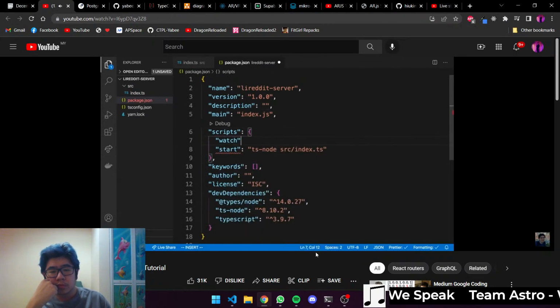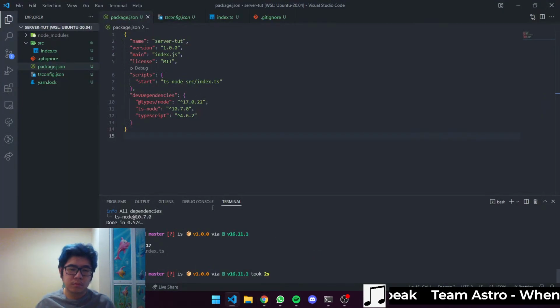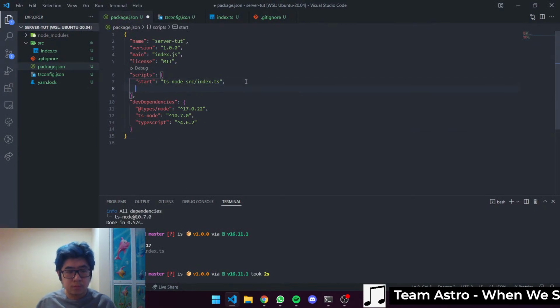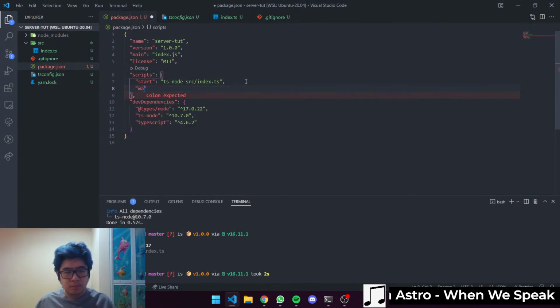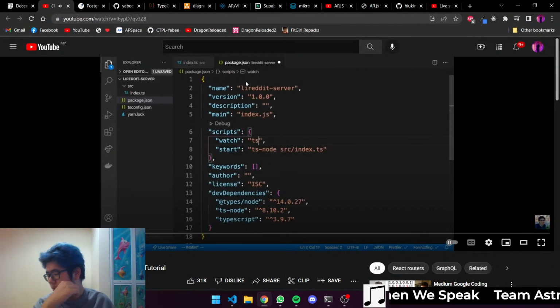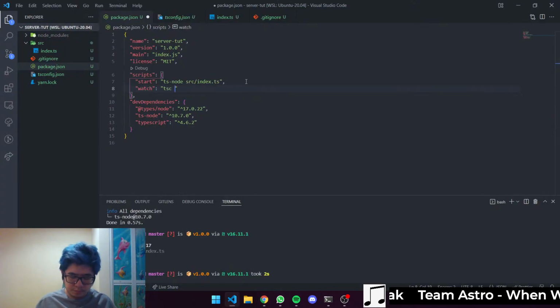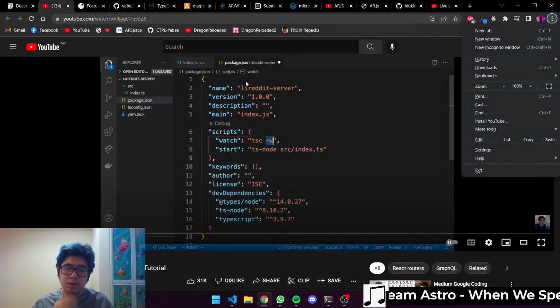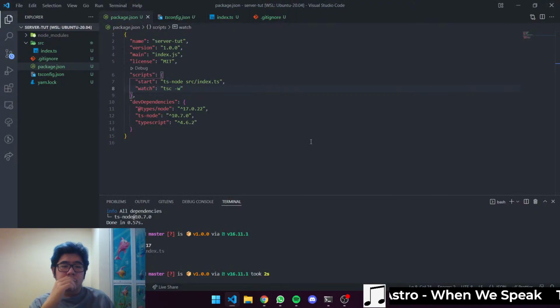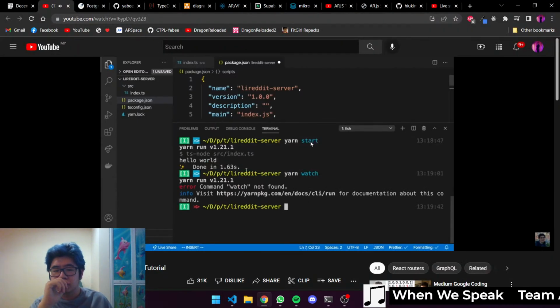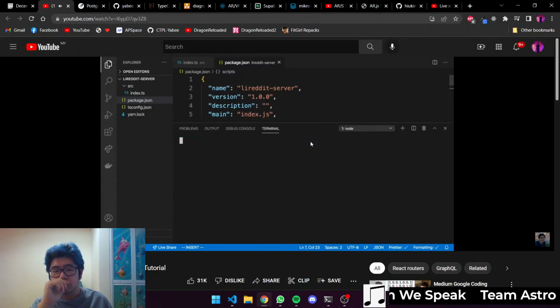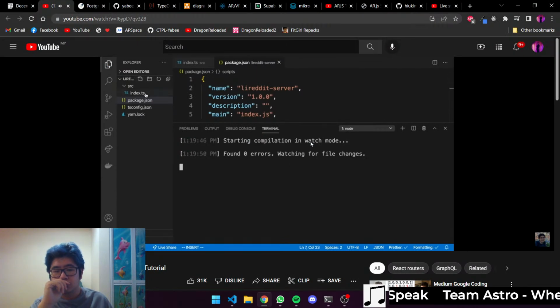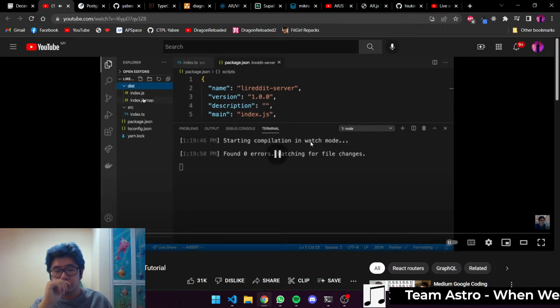So what I'll do is I'll create a watch command, and the watch command here, all it's going to do is run TypeScript with the watch flag. And then if I do yarn watch, wait, what happened? Oh, I didn't save the file. It's going to compile the source index.ts here, and it's going to spit out a